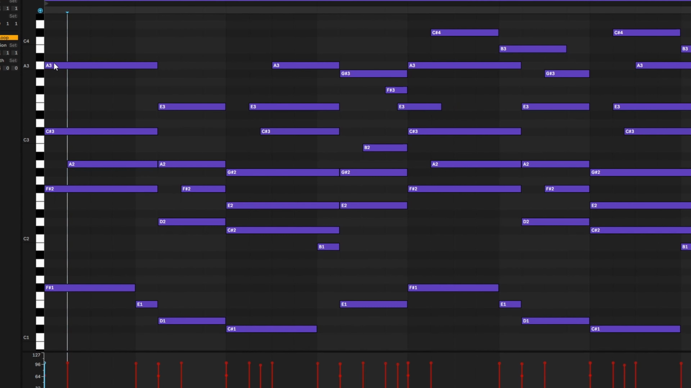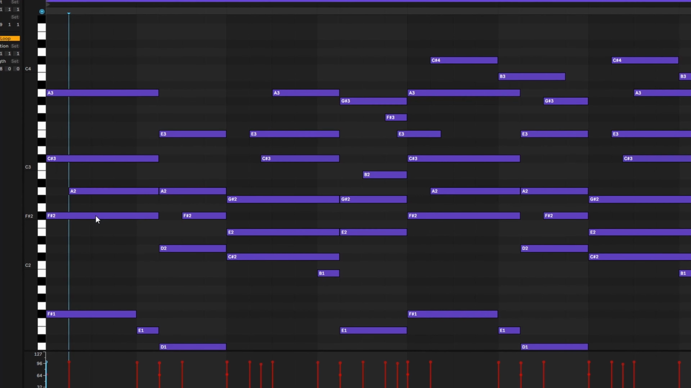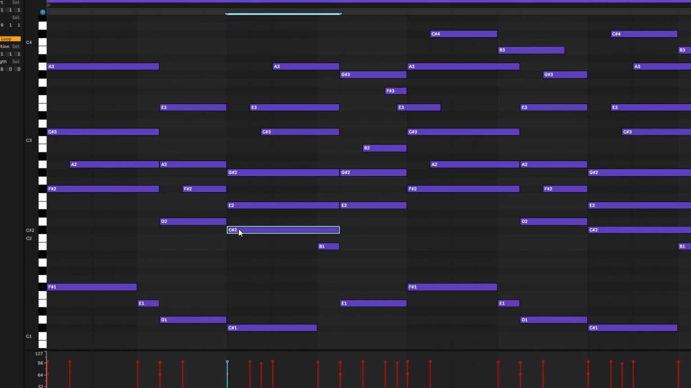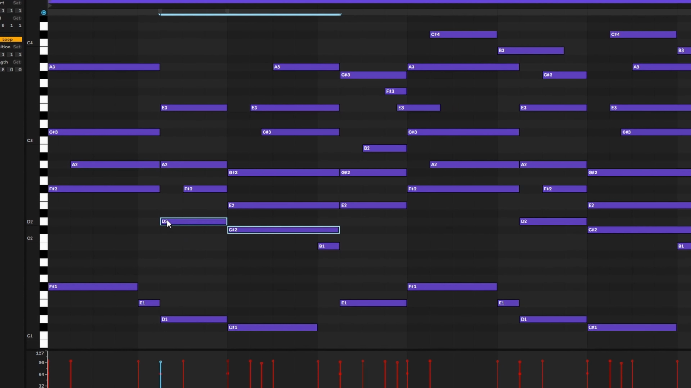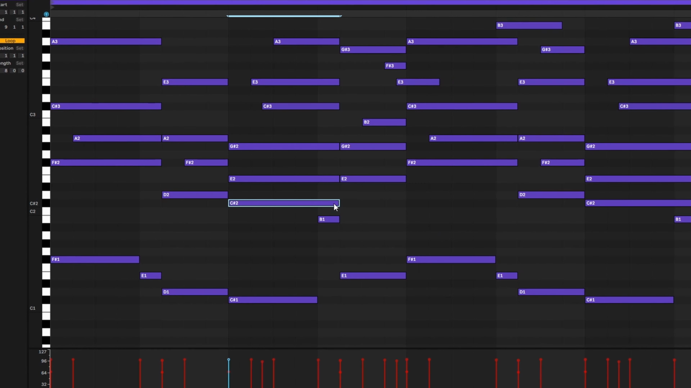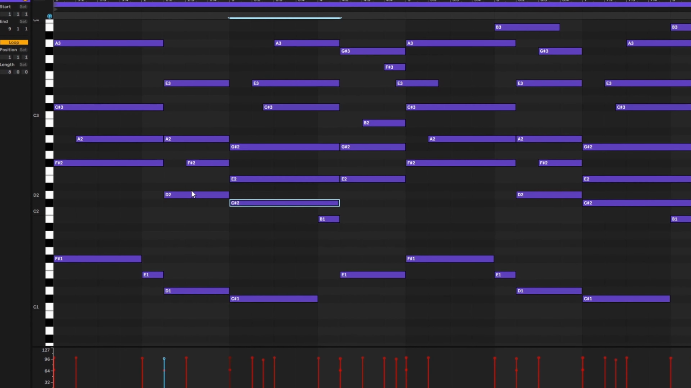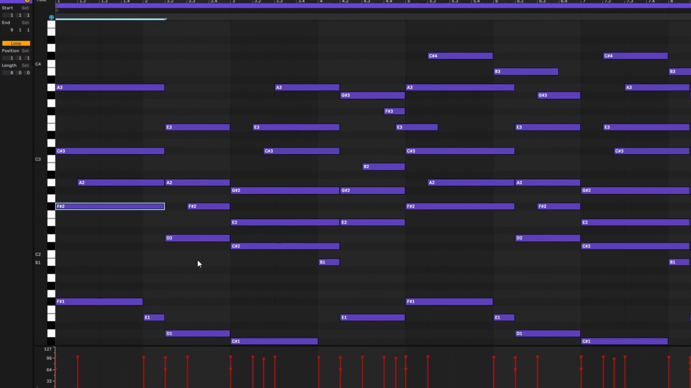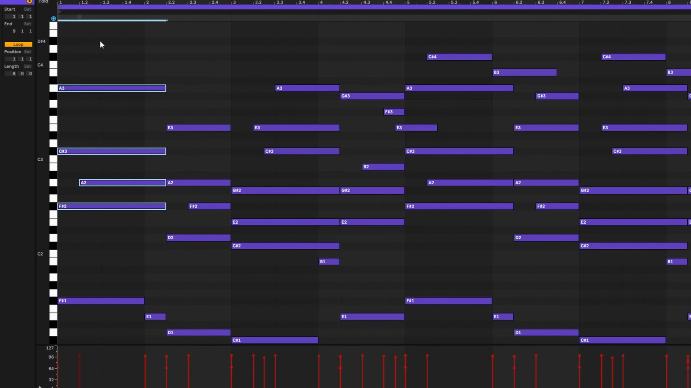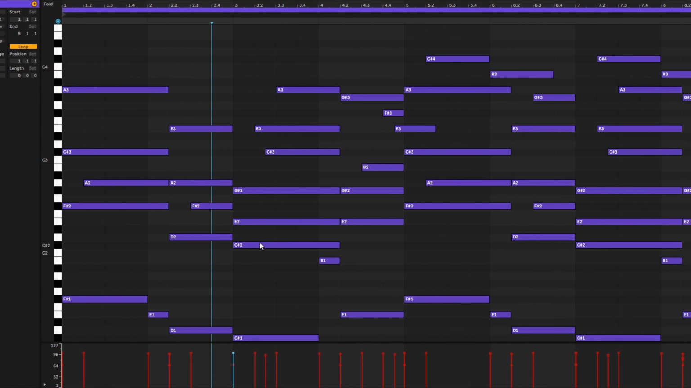I arpeggiated this A note just to have a bit more rhythm there. And then I had a simple chord progression right here from F sharp down to D, down to C sharp, using these half steps to get really emotional. And then from C sharp I went up to E, just to have a bridge from C sharp to F sharp back here. And I really just copied all these chords over, with the same rhythm, same inversion,